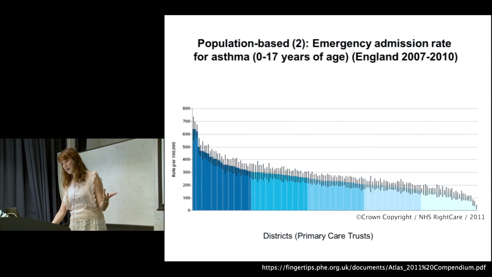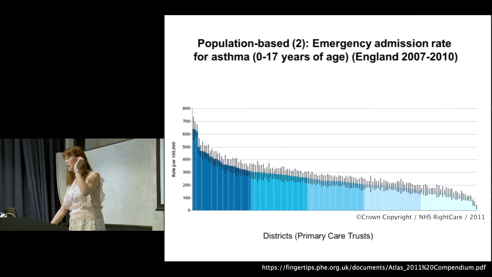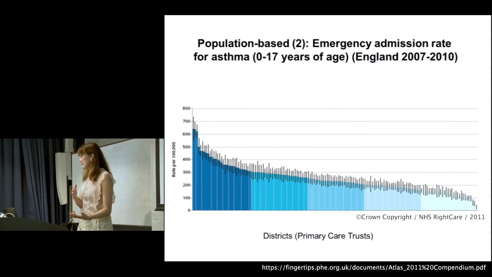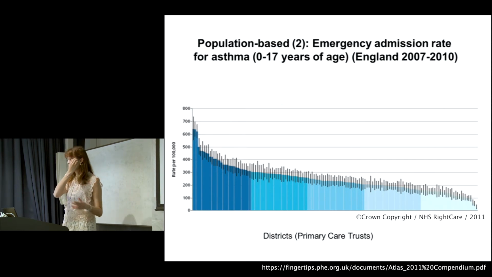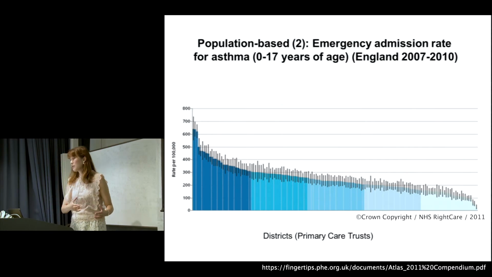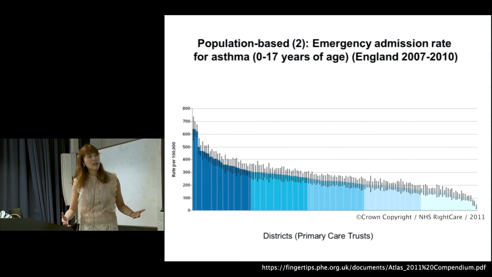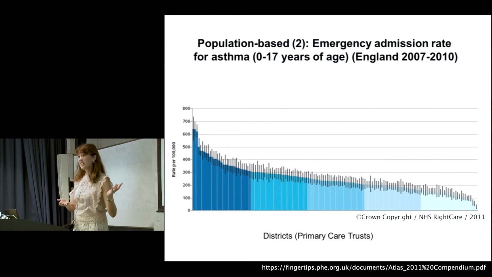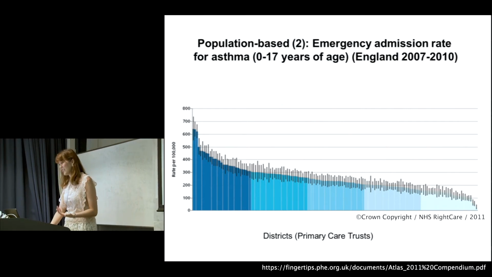And population-based emergency admission rates in England for asthma. So this is not a referral, just a general turn up to the emergency department for asthma. Huge variations. We can assume there might be some variation in the prevalence of asthma in each district. But if these are population-based admission rates, are we assuming that much of a difference within one country? Why is that? We might ask ourselves.